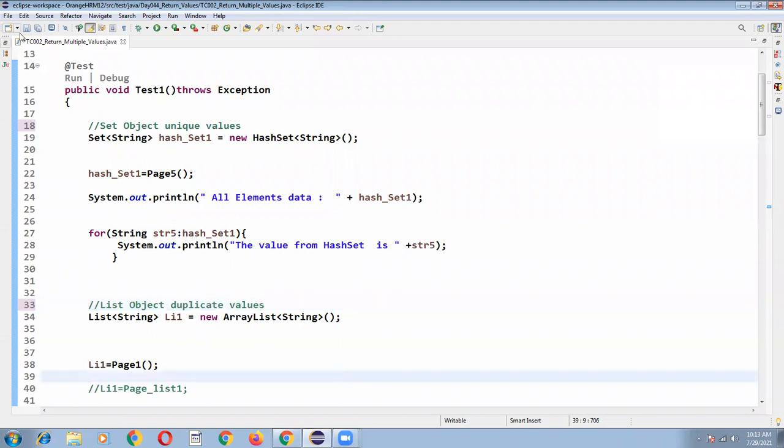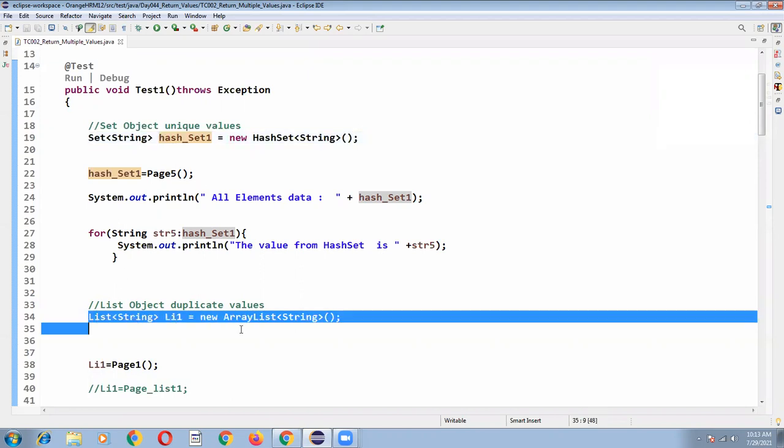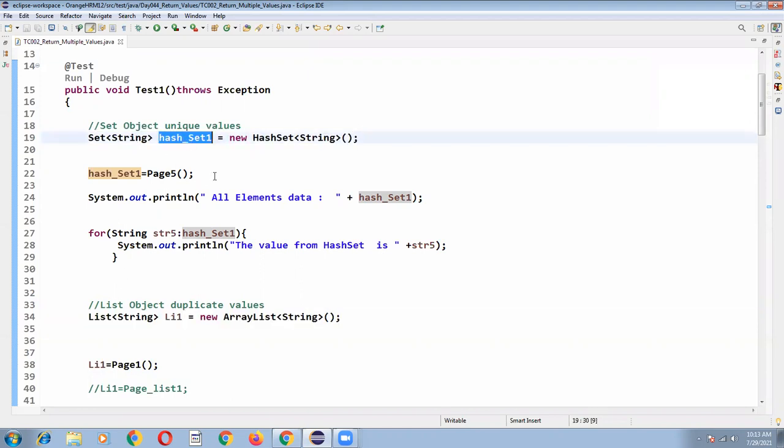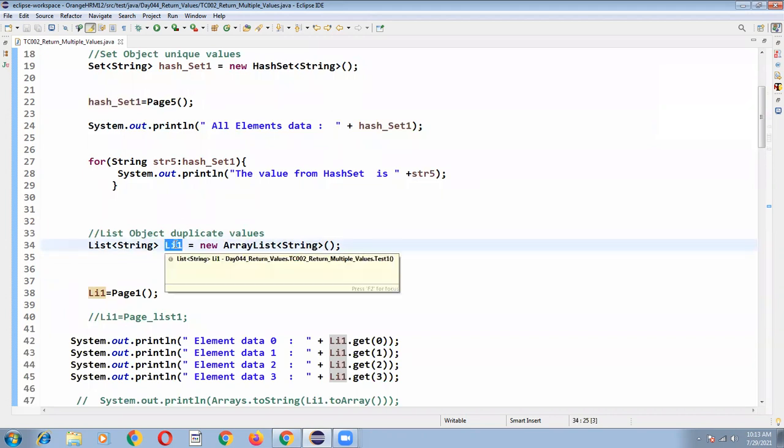So, we understood the list of objects. Whenever you want to store some group of values, either we can go with a set object or we can go with a list object. The object name you can give whatever you want. If it is a list object, we have created it like this. In this list object we can store multiple values, multiple pieces of information.